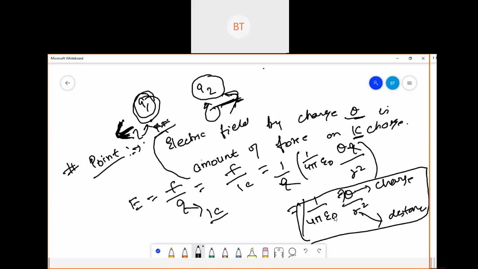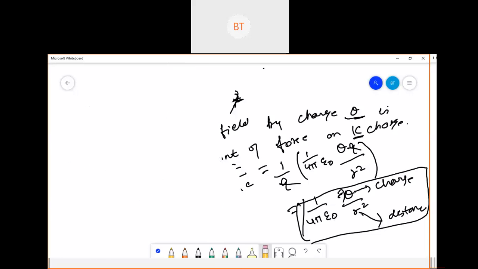I wanted to tell you one more thing. We'll see how this is happening, how we have got this. Suppose we have a positive charge Q here. Let's assume that there is a positive charge. For the case of a positive charge, the electric field will be in the outward direction. The electric field which happens because of this positive charge is directed this side, in the outward direction.